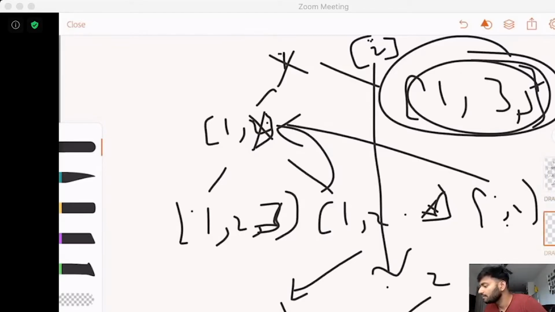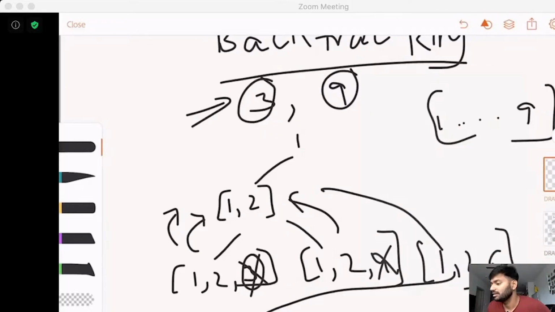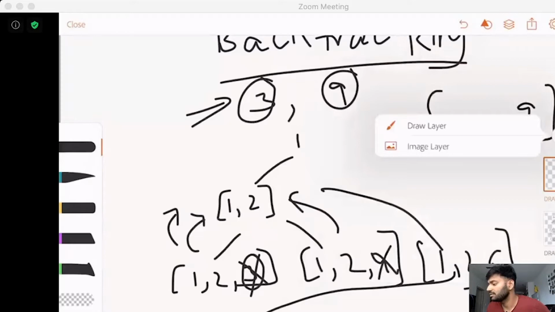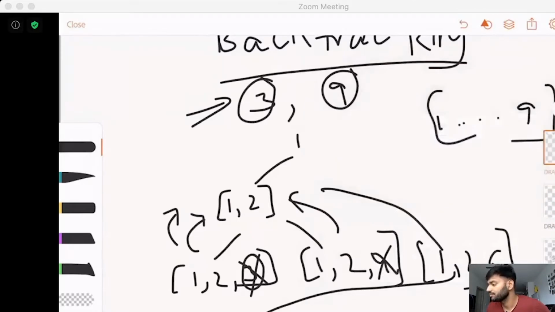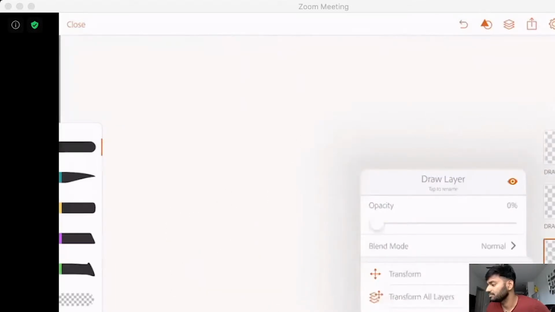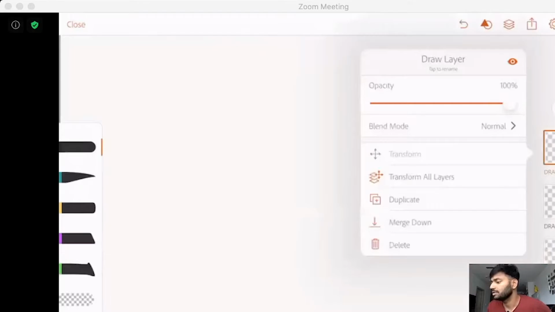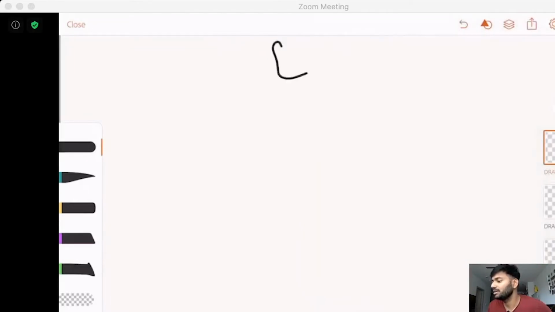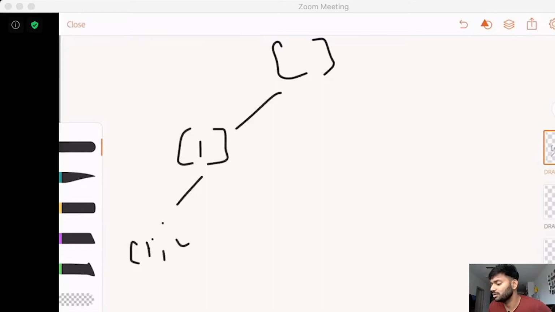So typically the idea is what? The idea is you start with your empty array, right? Let me draw another layer here. So the idea is you start with an empty array and then you add 1, right? And you explore all these options, right?